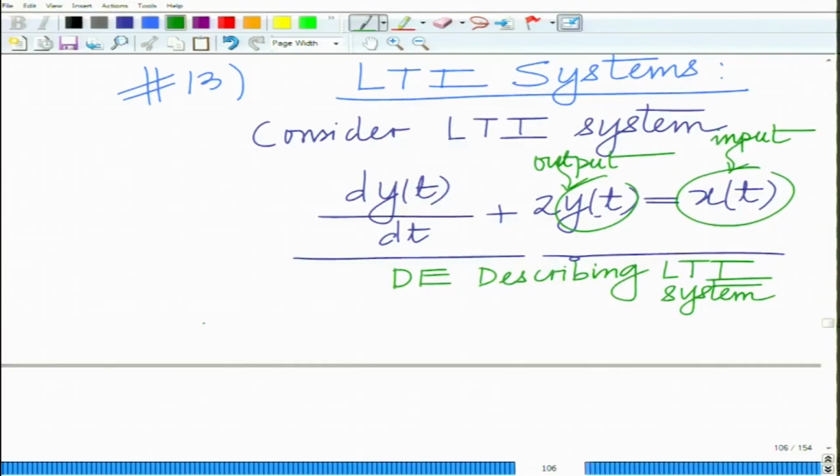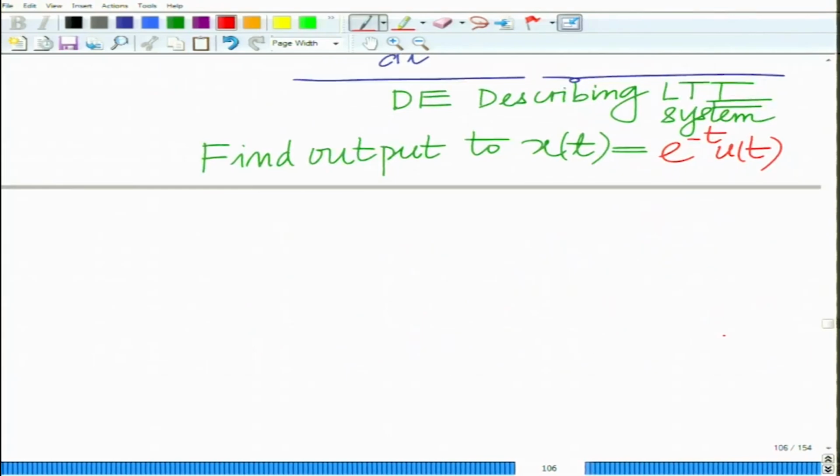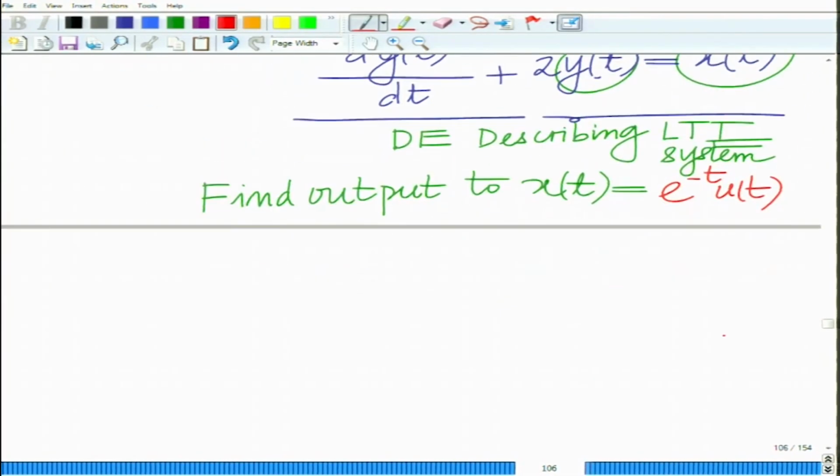What we want to do is find the output to the given signal x(t) equals e raised to minus t u(t). So, this is a simple signal, e raised to minus t u(t). Now, the first thing that we can do is consider the Fourier transform of the differential equation. So, taking the Fourier transform on both sides, what we have